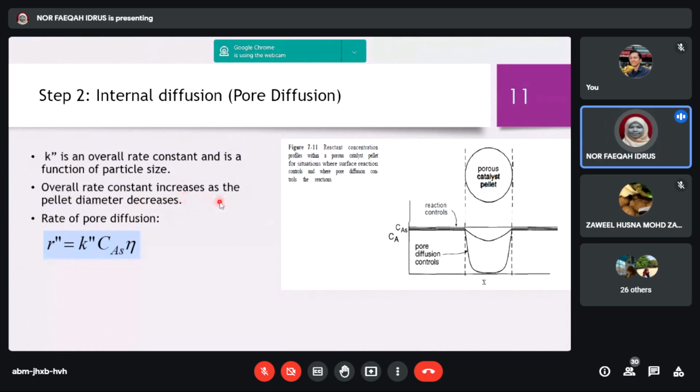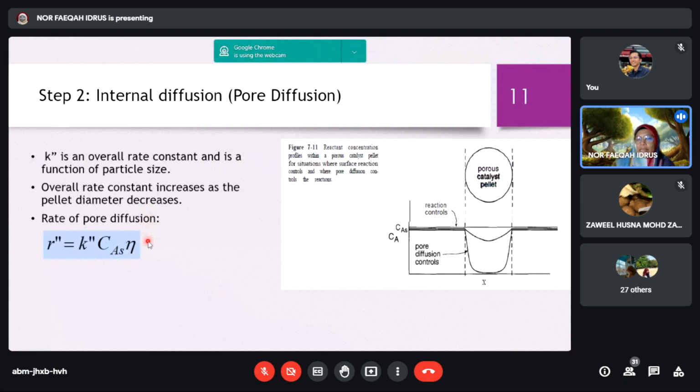So overall rate constant increase as the pellet diameter decrease, and the rate of pore diffusion equal to this equation. So this is the rate of pore diffusion, rate of reaction when the pore diffusion is larger than rate of reaction. So maksud dia, this is the rate of reaction. Rate of reaction equal to, sama juga dengan yang tadi, r equal to k CAS, but we multiply it with mu. Mu ni effectivity. So effectivity value ni